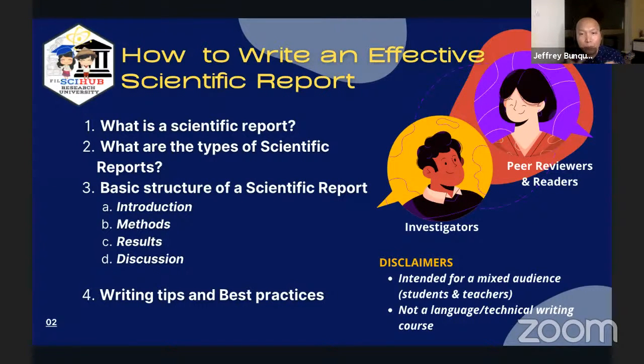And then secondly po, this is not going to be a language or technical writing course. So hindi ko po kayo tuturuan ng grammar, hindi ko po kayo tuturuan ng syntax. And believe it or not, wala din naman po tayong sobrang strict na guidelines when it comes to syntax or composition na sinusunod kasi ang dami, iba't iba po ang areas ng sciences, iba-iba po ang types ng research, iba-iba po ang